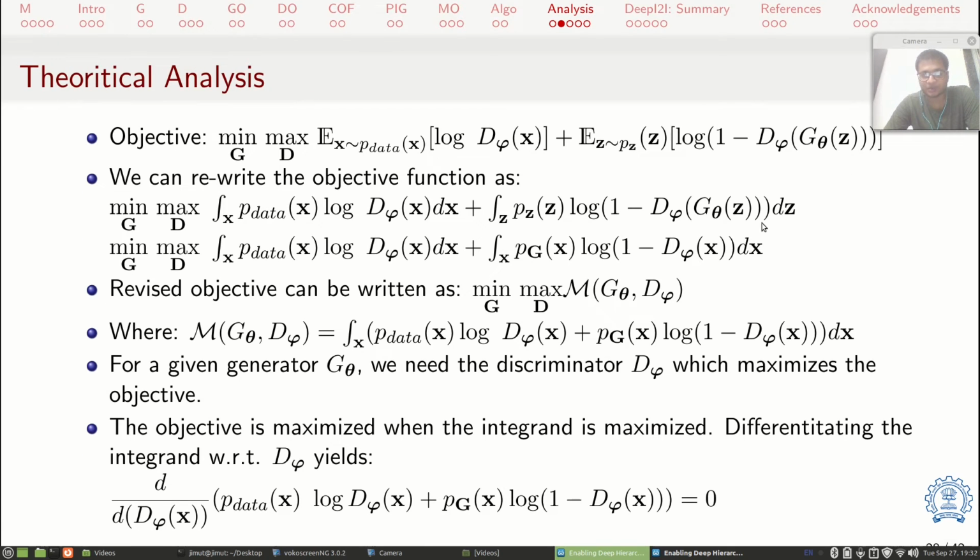So this is the objective. This is a min-max problem, and we can rewrite the objective function as this. It's a simple integration. Now the objective function can be written as this min-max problem, which is this, and we have done a few mathematical proofs